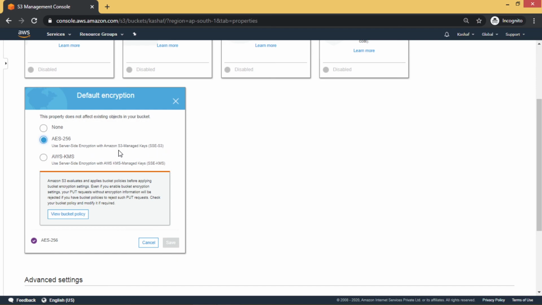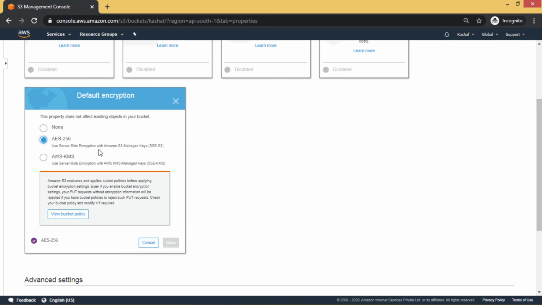We already saw this. With the help of that, you can just upload your data and Amazon S3 will take care of all your encryption. It will store all the keys also, and encrypt and decrypt your data on your behalf.